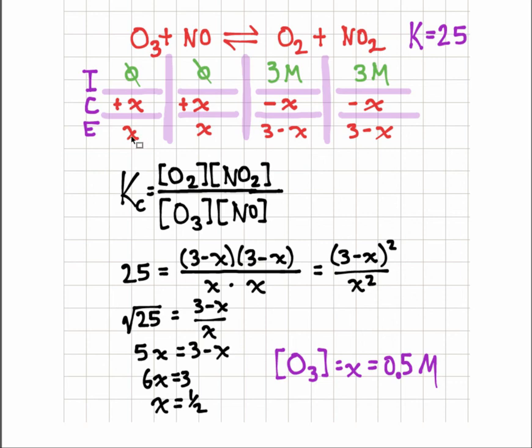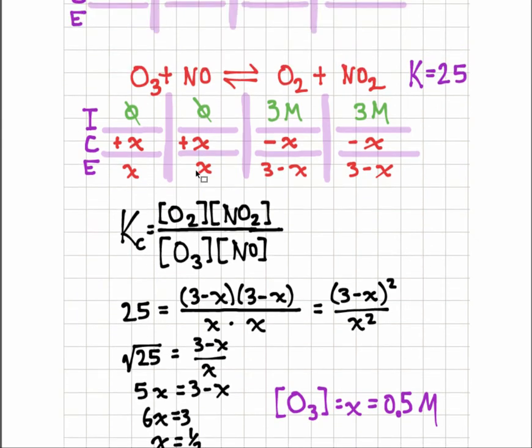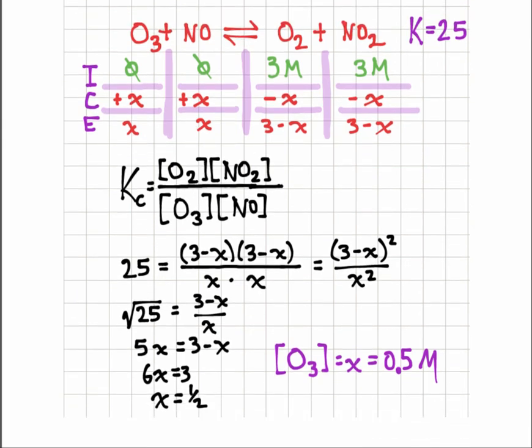So this goes up to 0.5, this goes up to 0.5, this goes down to 2.5, this goes down to 2.5. 2.5 times 2.5 over 0.5 times 0.5 should be 25. I hope. You can check that if you want. Ooh, did I go too fast? I need a drink of water. See you soon. Thanks for